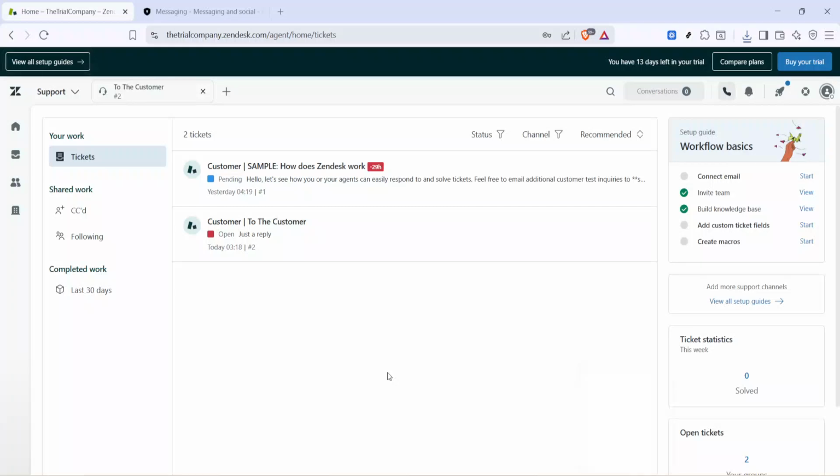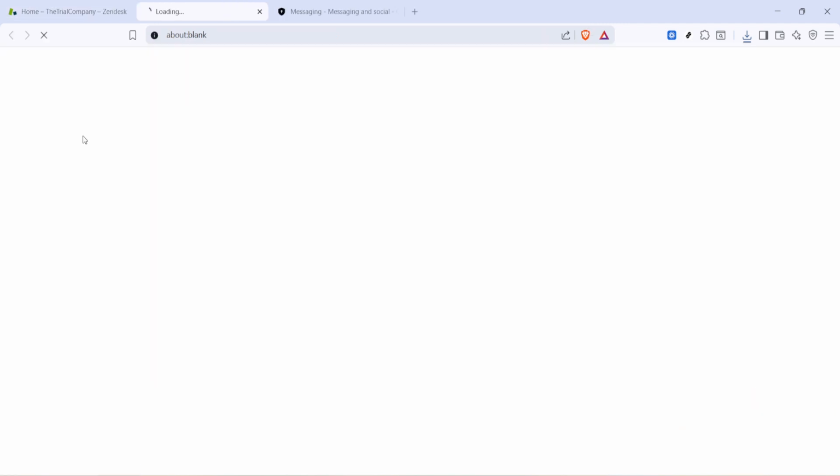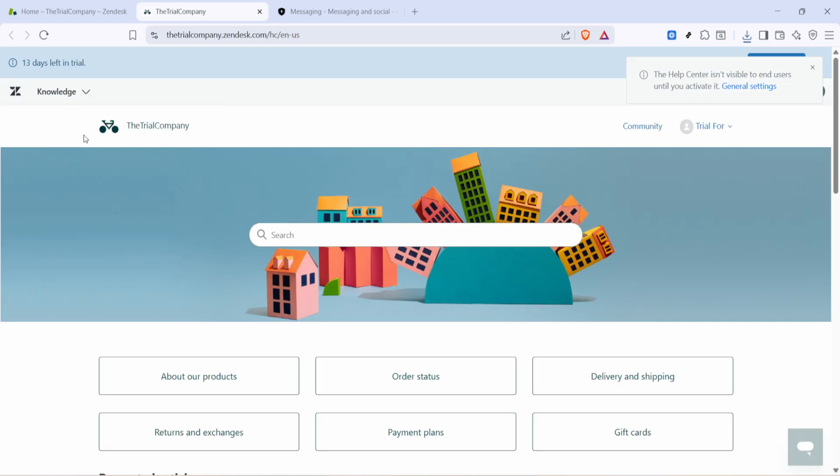In today's video, I'm going to teach you how to create and manage knowledge base articles in Zendesk. To get started, open your Zendesk workspace and look to the top toolbar. Click the small drop-down arrow to reveal more options. From that menu, choose Knowledge. This takes you into the knowledge base area where you can draft, edit, and maintain help content for your customers